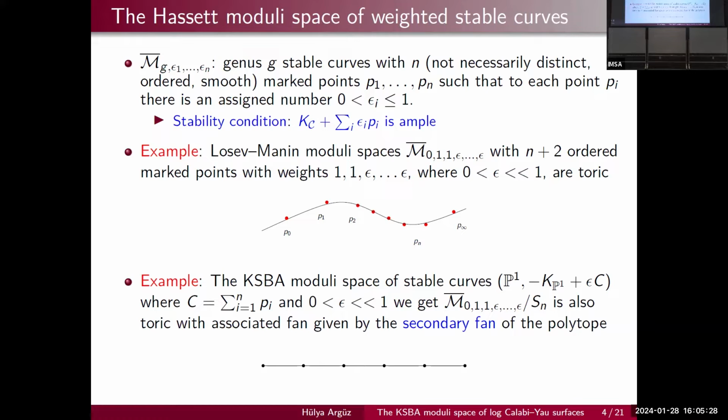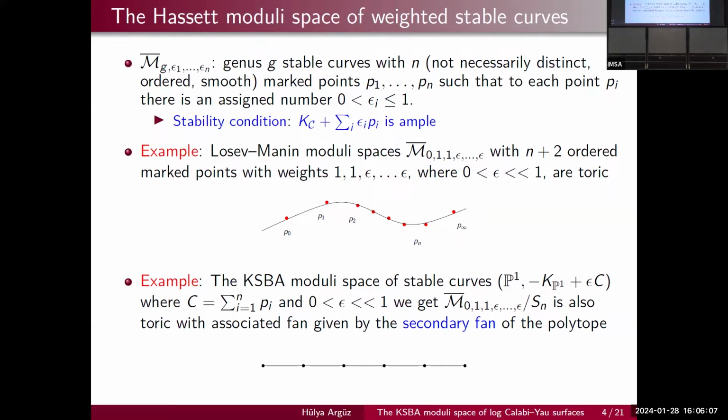And they described the polytope for this toric variety, which is a permutohedron and so on. And the KSBA moduli space will actually, if you just do KSBA in the one-dimensional situation, be very similar to the Losev-Manin moduli space. It's also going to be a toric variety. So if you look at the KSBA moduli space in this situation, if you look at only dimension 1, P1, with the divisor given by the anticanonical divisor, p0 plus p infinity, and the endpoints,